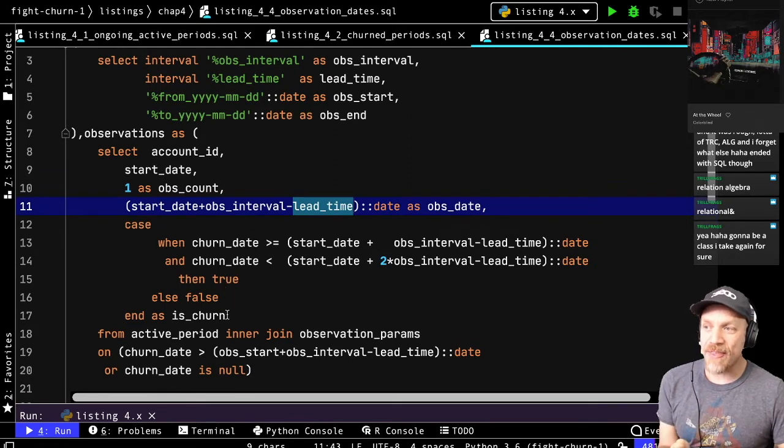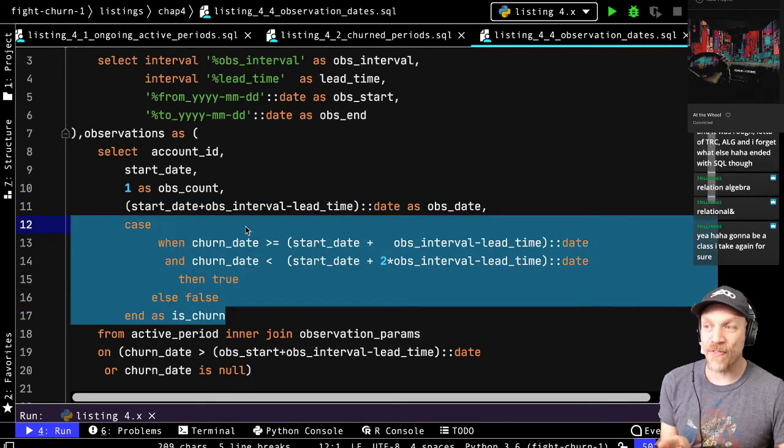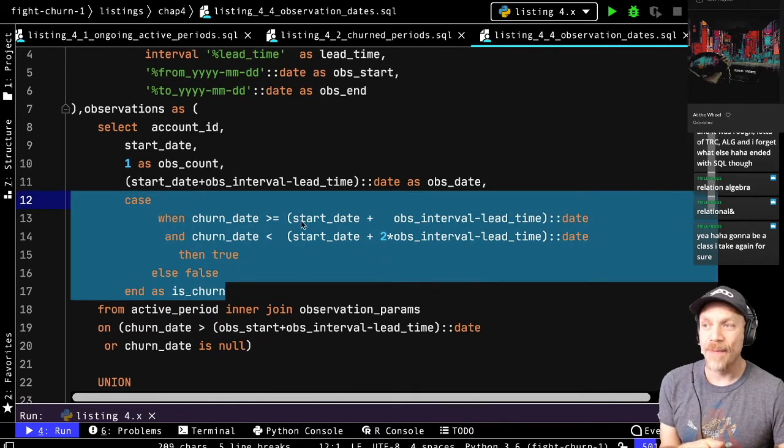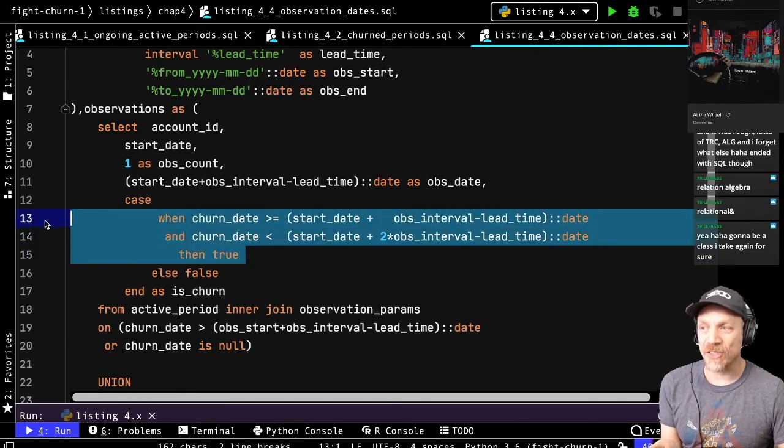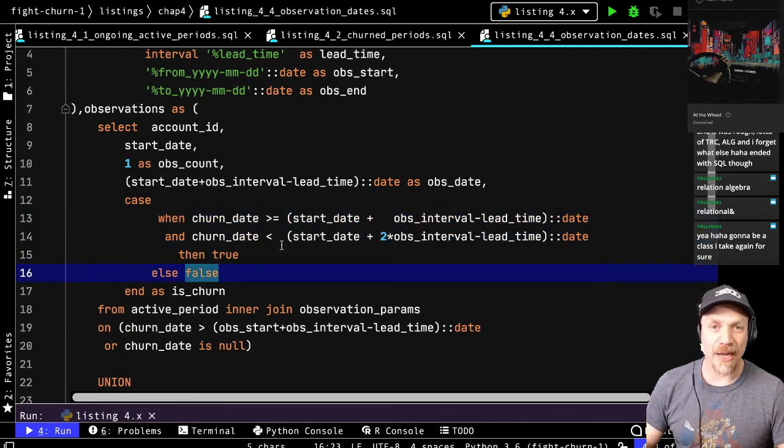And then this case statement determines if this is their churn or not. And it would be their churn if the churn date from the active period table is greater than the start date and before, it's basically within the next observation cycle, then it's a churn. Otherwise, this observation is not a churn.